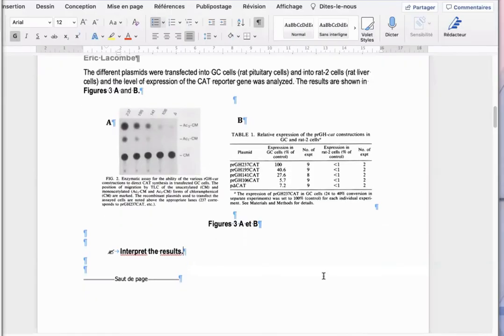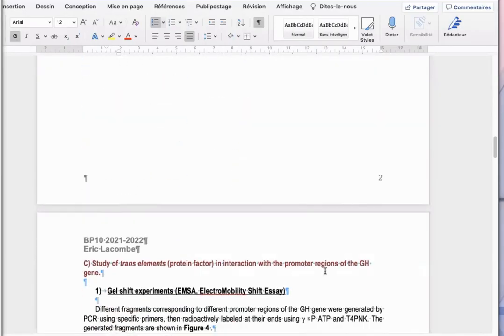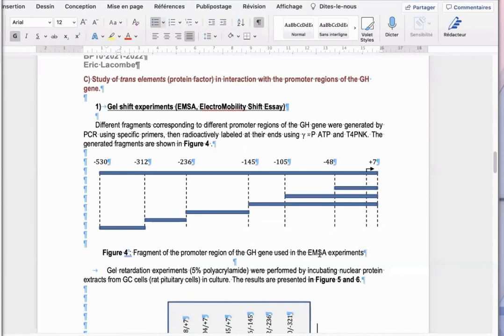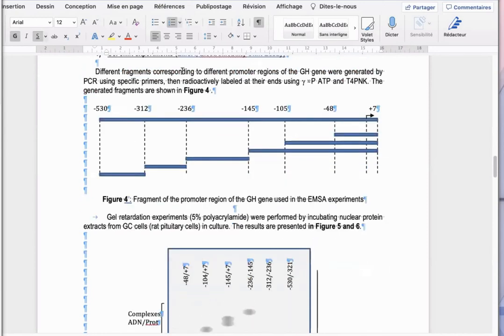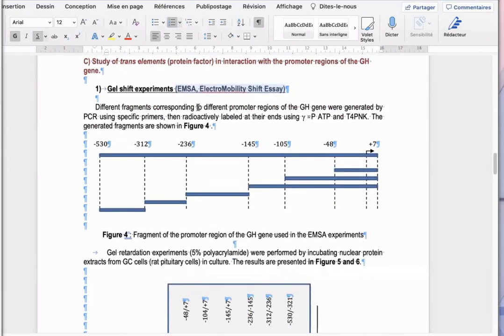Okay. So next part, we're going to study the interaction between the trans elements, which are the protein factors, and the different regions of the promoter. We are going to use as a method this EMSA that we saw just before. They explain that different fragments corresponding to different promoter regions of the GH gene were generated by PCR